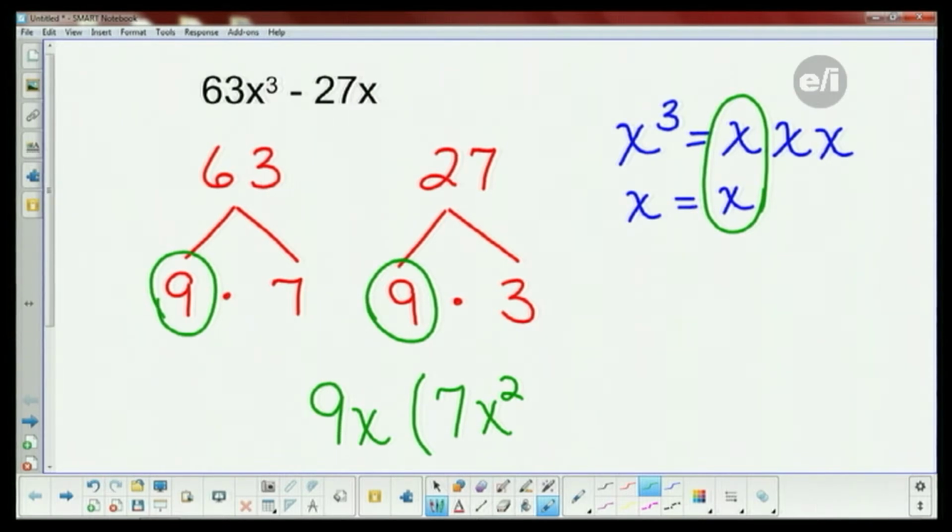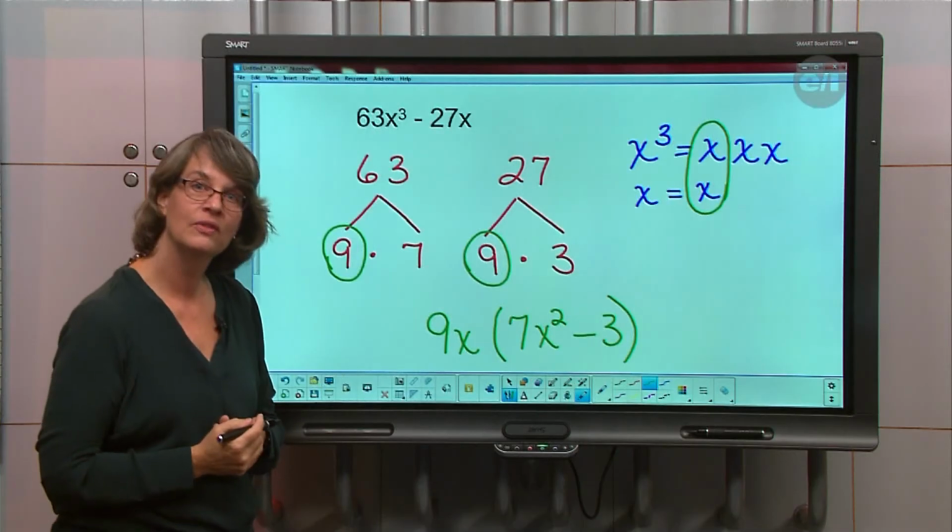Now we bring the sign down, the negative, or the subtract. What was left when we factored the 9 from the 27? What was left? 9 times what gave me 27? What was left when we factored? 3. The 3. So the 3 goes inside, and we didn't have any x's left because we factored the 1 out, right? Yeah. So we're all done. That 3 is all that can go in there.